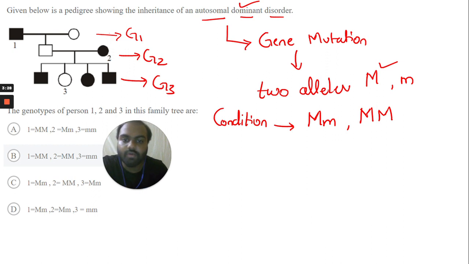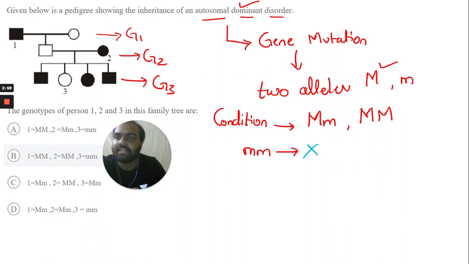And one more thing we have to know is that if there is a condition like small m and small m, this is nothing but homozygous recessive condition. And in this condition, the inheritance is not possible. So people who have this type of genotype are not affected by the autosomal dominant disorder. So you can write down all the